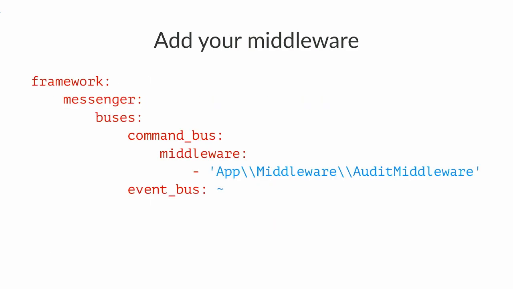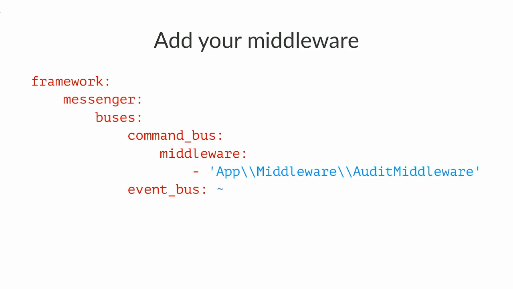So the way you can configure your middleware is in the same configuration file. Compared to the handler, where you can define things using tags and all of that, the middlewares add potentially complex and different logic to the way the bus behaves, so you need to configure them per bus and explicitly in the configuration. It looks something like that.